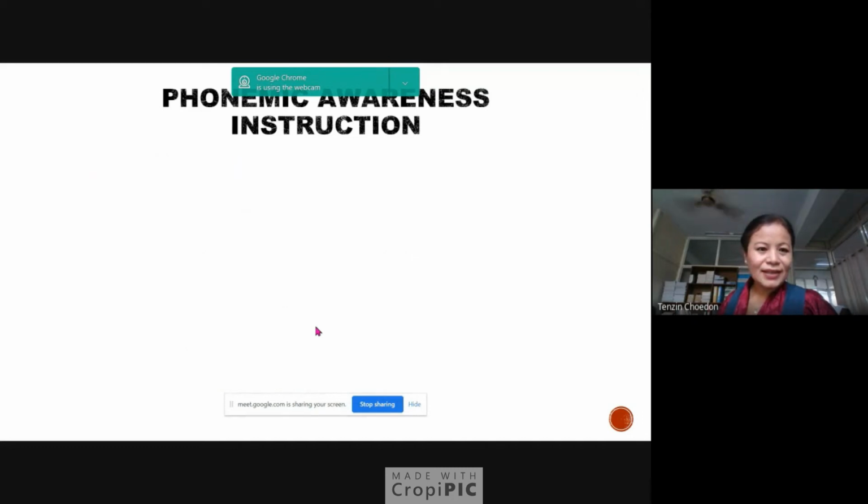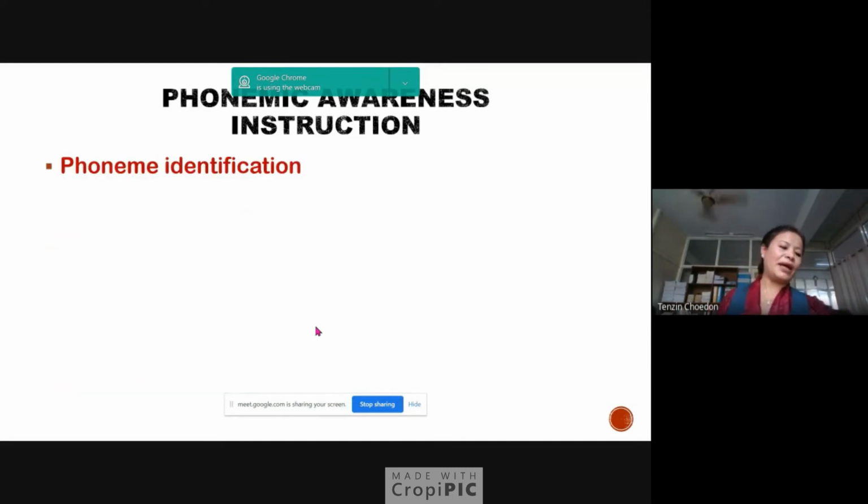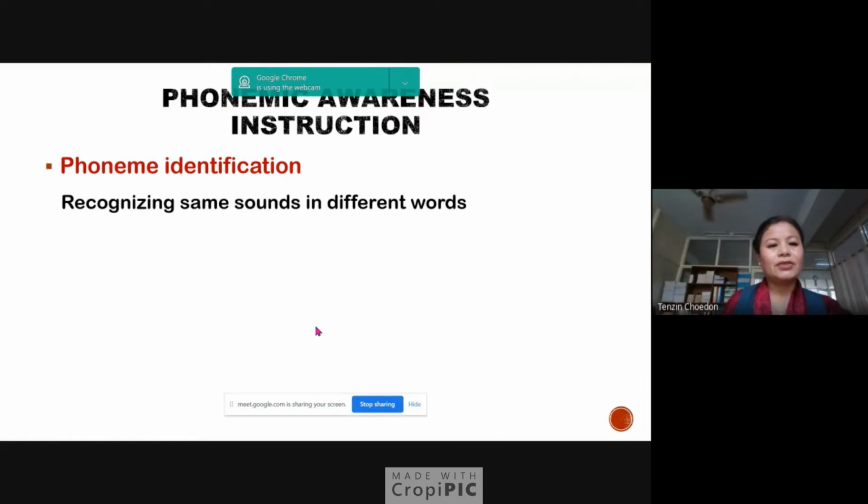Okay. So next is phoneme identification. So far we did the two activities that we discussed, based on phoneme isolation. Now this one is phoneme identification. So they have to identify, recognizing same sounds in